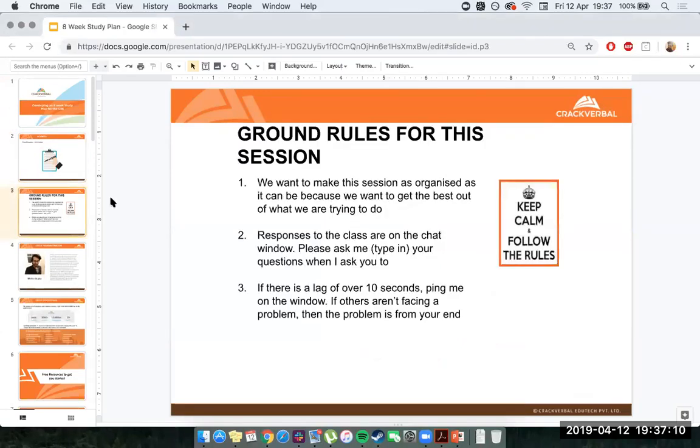A few ground rules. Ultimately, what we're trying to make sure of is that there's several of you on your end and just me on my end. So in order to make sure communication happens effectively, we have a system in place, and I'd strongly request you to adhere to it. Otherwise, it's not just difficult for me, but it puts a strain on everybody else who's here and their time constraints as well. So just keep that in mind.